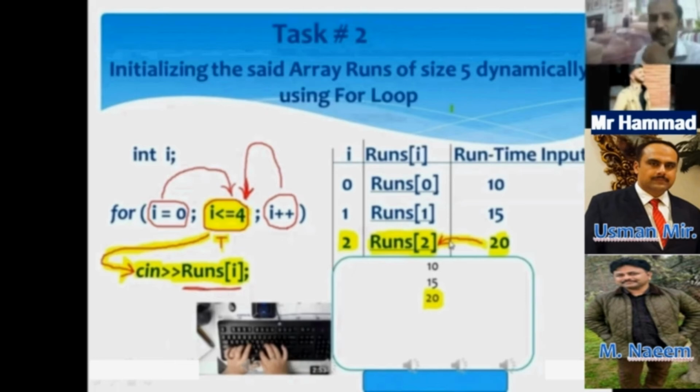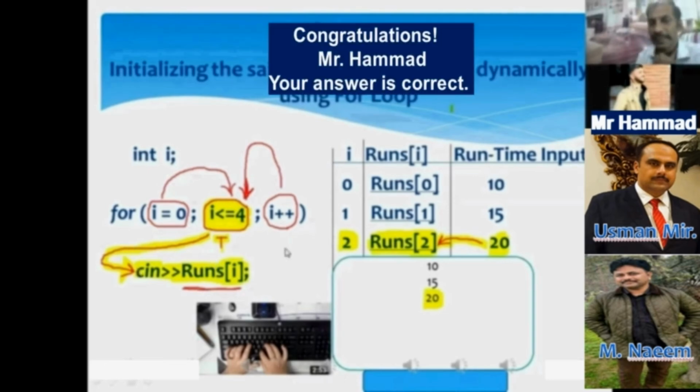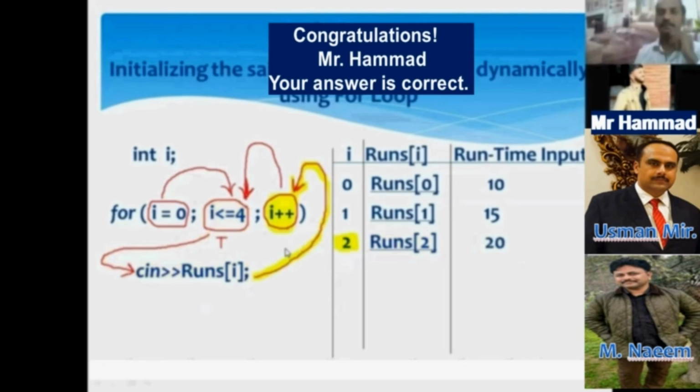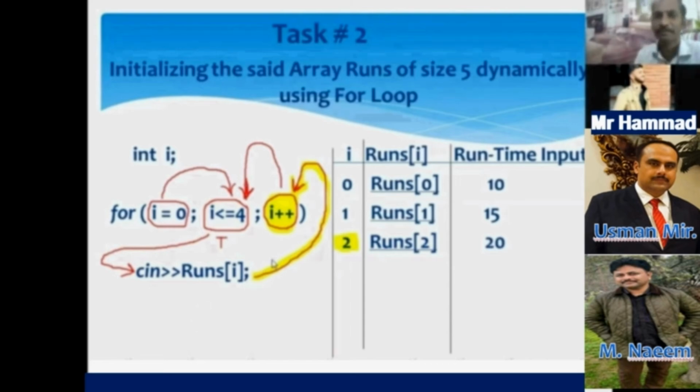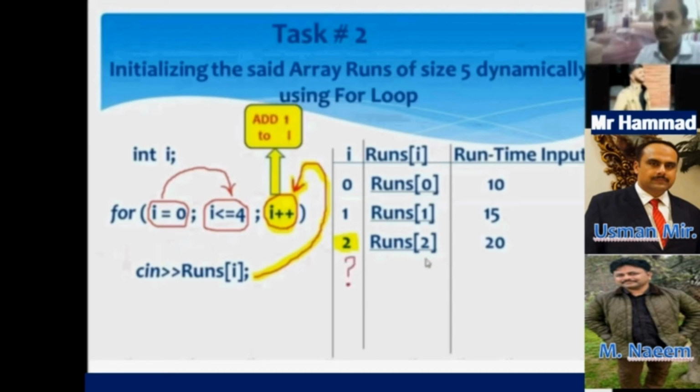But another question over here, my dear. After the execution of the scanf statement over here, the for loop associated statement, the control of execution will be shifted to which statement? Sir, increment statement. Okay, your answer is correct, my dear. Do tell me, what is the current value of i in the memory? Sir, 2. Okay, if i plus plus is executed, it means add 1 to i. What will i's next value become? Sir, 3. Okay, I'm writing 3 over here onto the question mark.